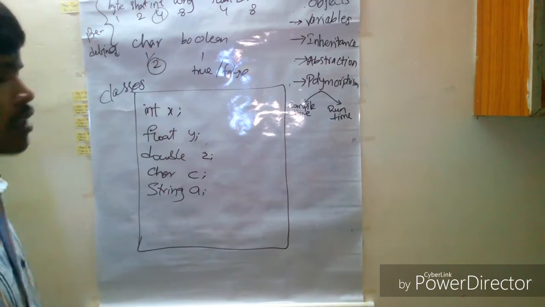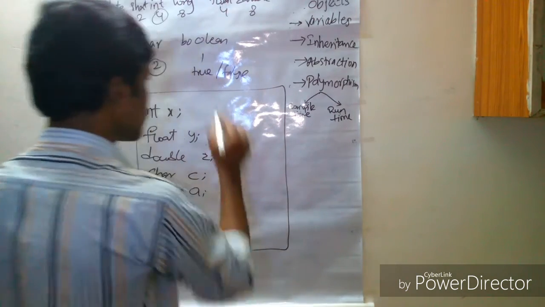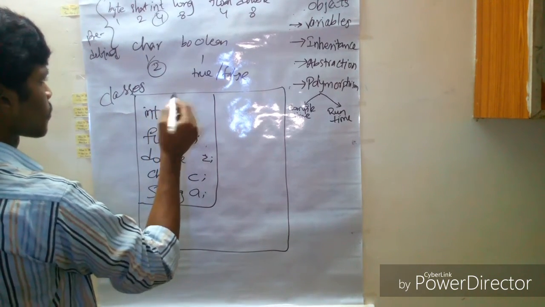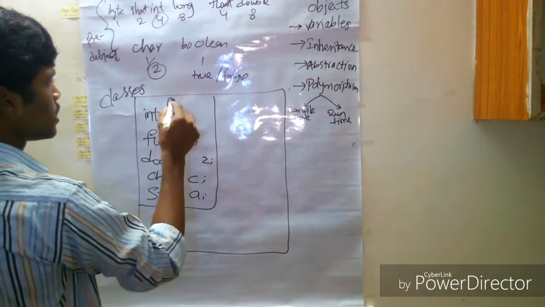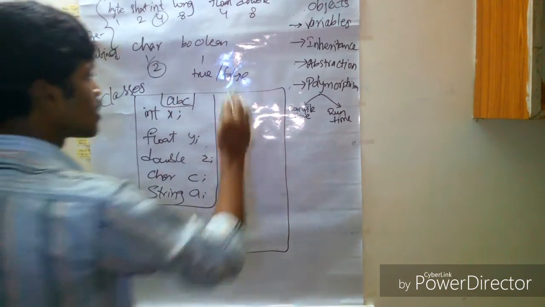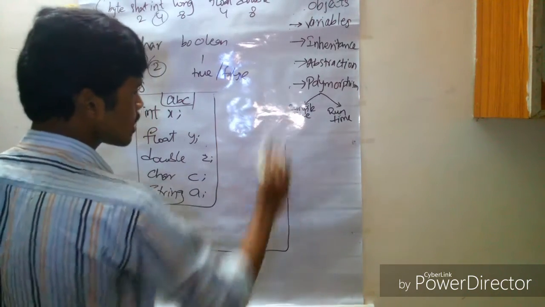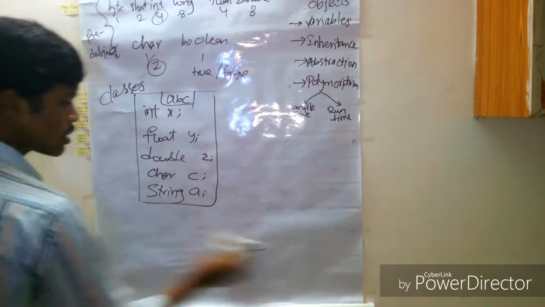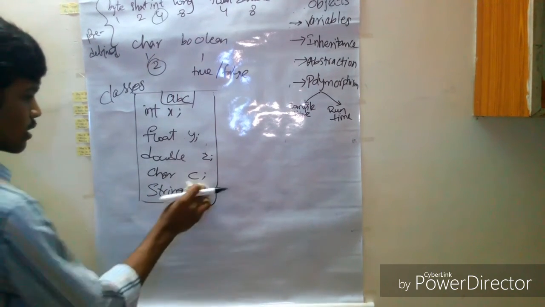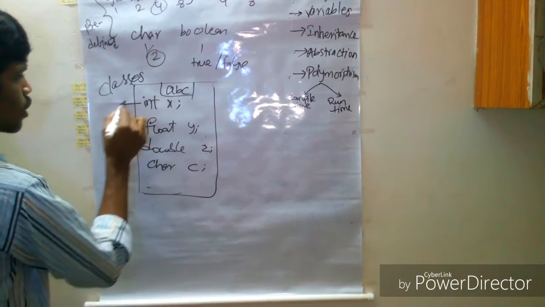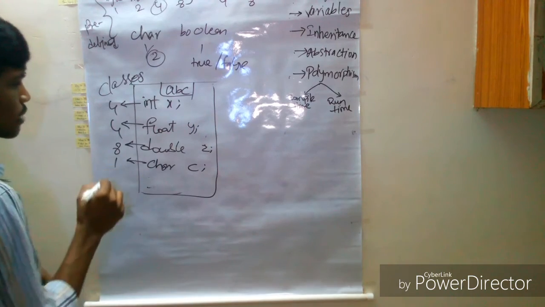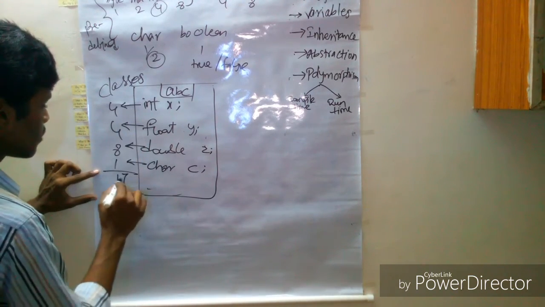And a class is a blueprint model of an object. As you have a class right now, let the class name be ABC. Name of the class is ABC. If I define this as class ABC, then I can have an object of this class. Right now, this class is going to have, if we just remove the string from here, integer of 4 bytes, float of 4 bytes, double of 8 bytes, character of 1 byte. Totally it occupies 17 bytes of space.